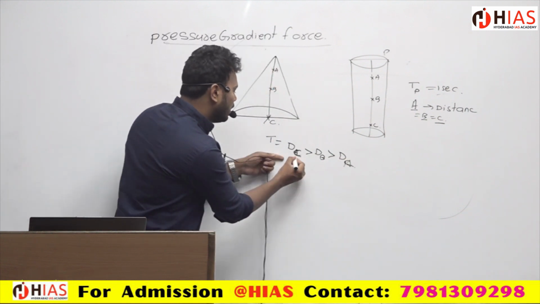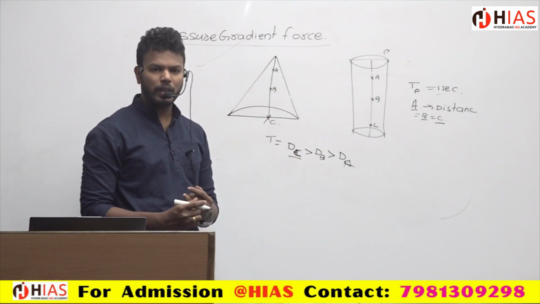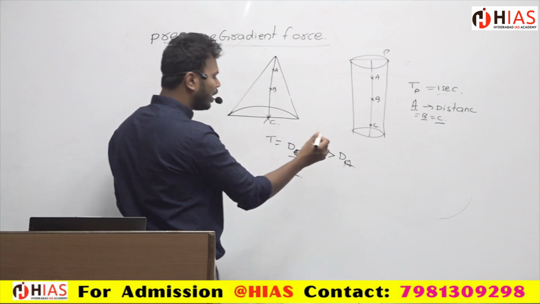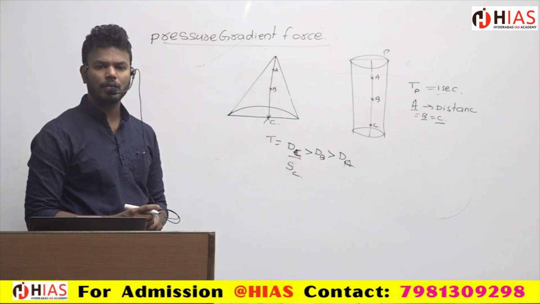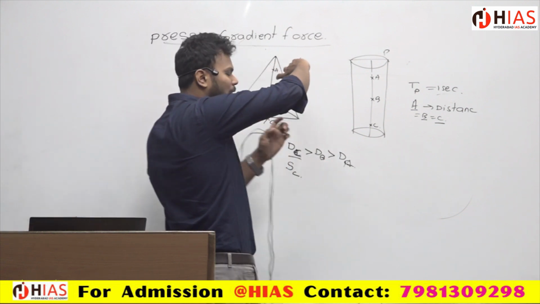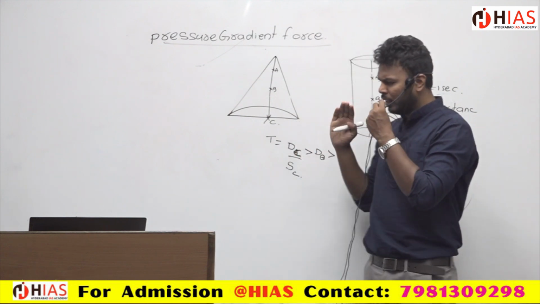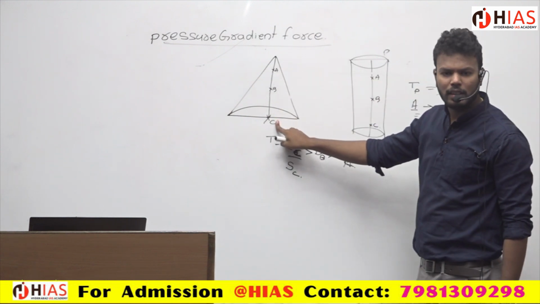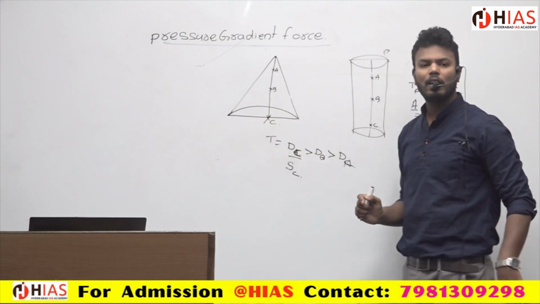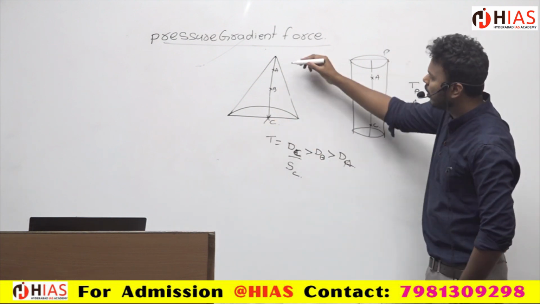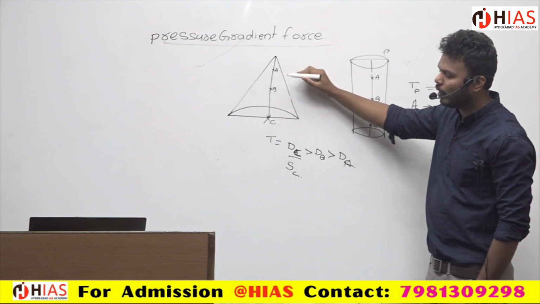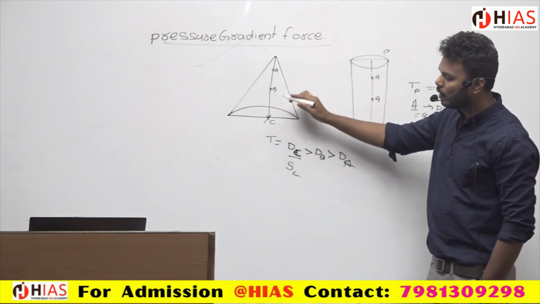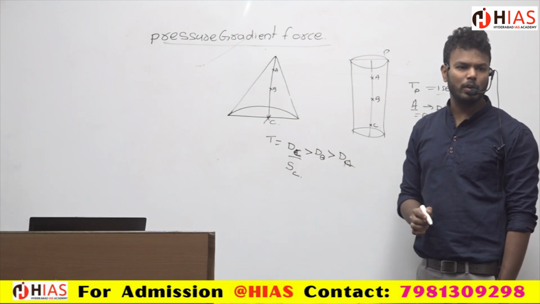So that means C is travelling with more speed. The speed of C is greater than the speed of B, yes or no? Because they are completing one same rotation, but C is travelling more distance. Then can I conclude that C is travelling with more speed? So A has less speed, B more speed, and C even more speed.